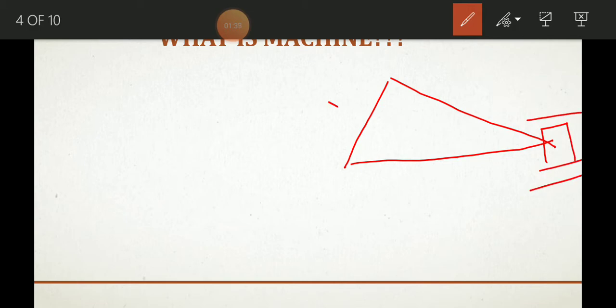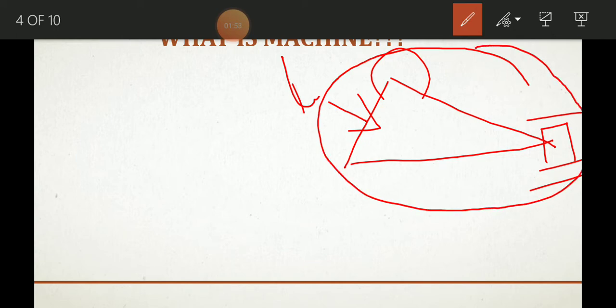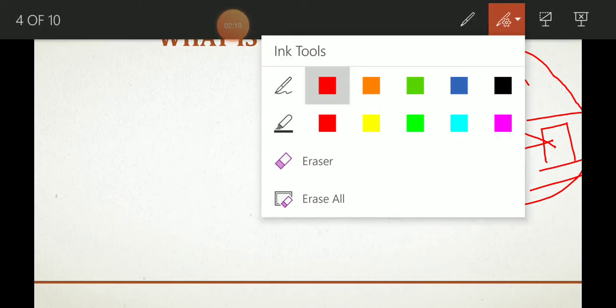Every individual element we call a link. When you combine two or more links they form a pair, and when we combine two or three pairs, it is called a mechanism. And when you combine more than two mechanisms, it is called a machine. The main purpose of combining the mechanisms to formulate the machine is to do some useful work for the industry as well as for human beings. I hope it is clear.